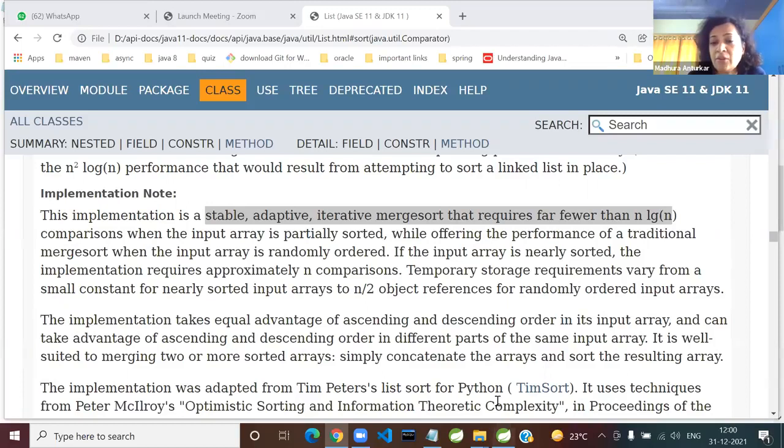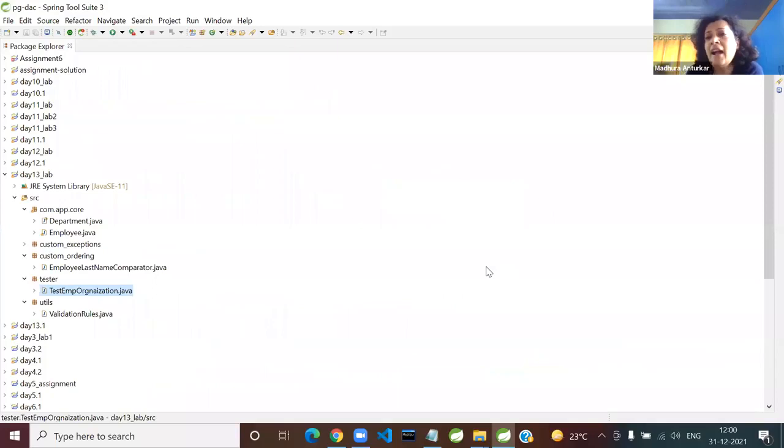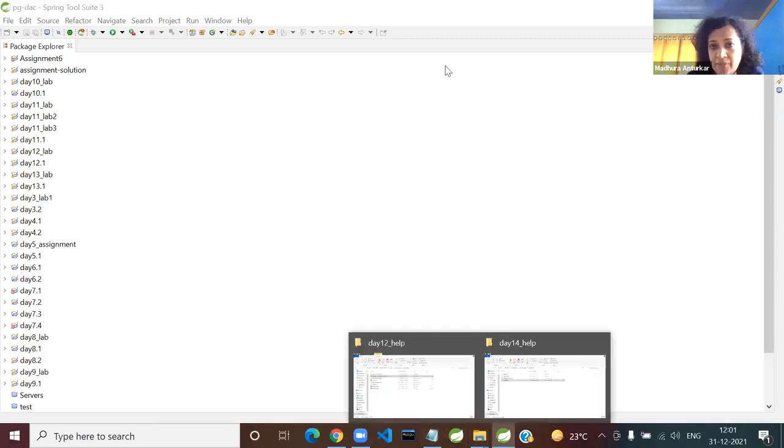So now, coming back to the point, let us create a brand new project. And I'll just write a simple customer class. I'm purposefully using a fresh scenario, so we don't have to copy anything from the earlier one. I'm just opening the same workspace. Please open the earlier workspace, wherever we had stopped, day 13. We are continuing from there. So I'm waiting for you to open Eclipse, STS and all that. And in the meantime, I'm sending you this on the chat.